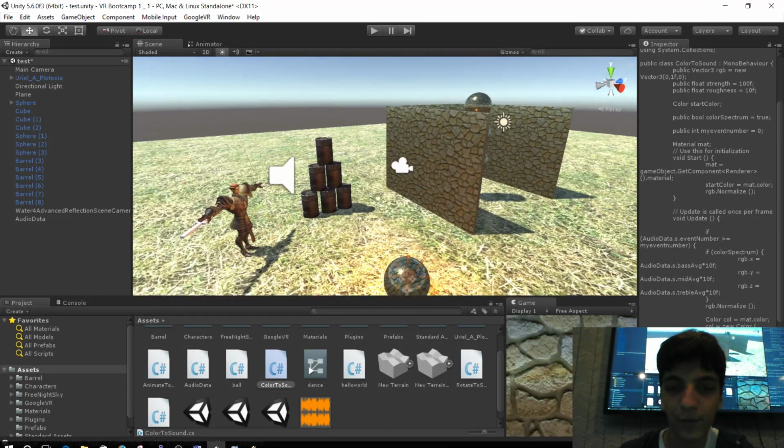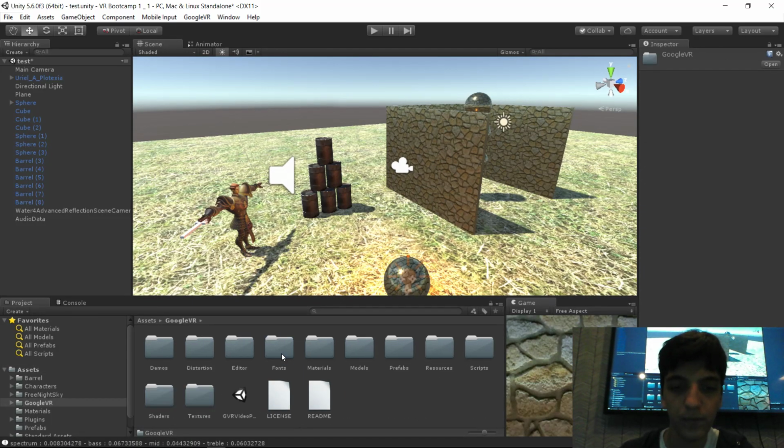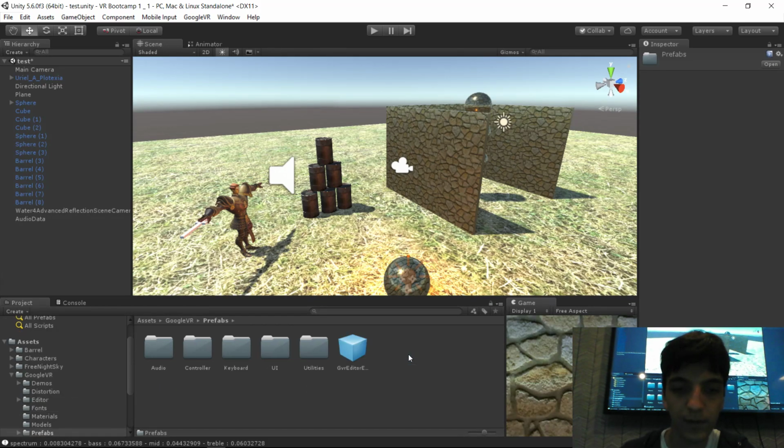So does everyone import their Google VR package? Yeah, just finished. Alright, so the only thing you have to do